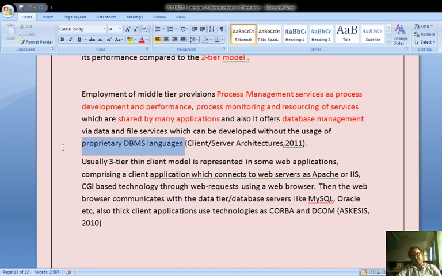This was a breakthrough thing. We don't need to go for proprietorship. The architecture is taking care of everything.